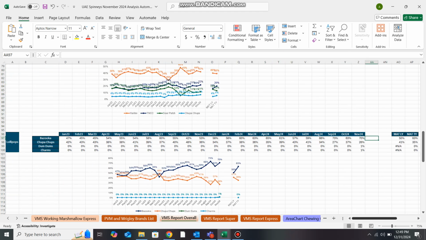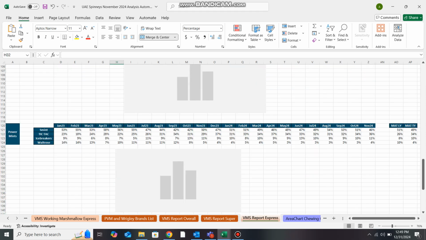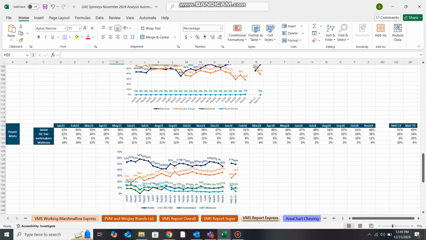No other work you will have to perform. One thing you have to do is write December here manually. Same thing you will have to perform for the super and express sheets. According to my view, this sheet till here will take hardly 15 minutes maximum, but it will take time